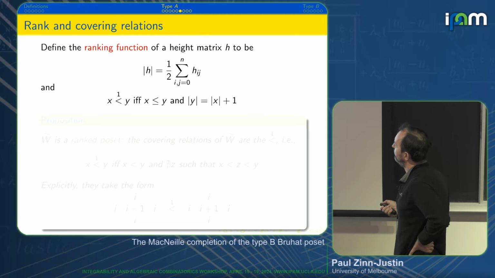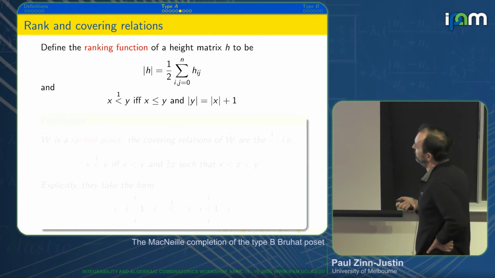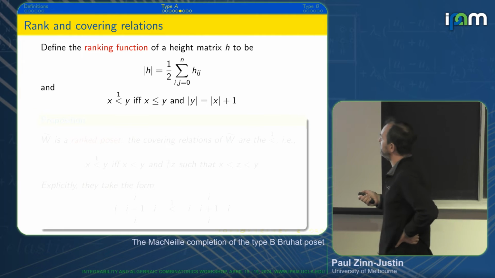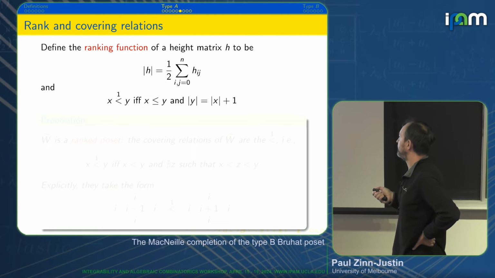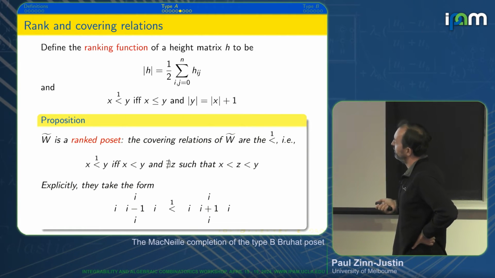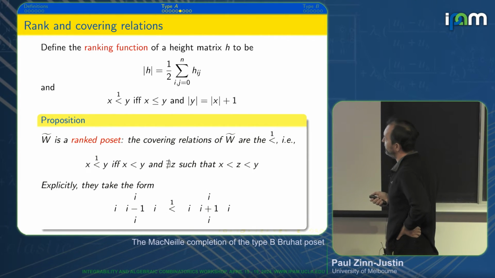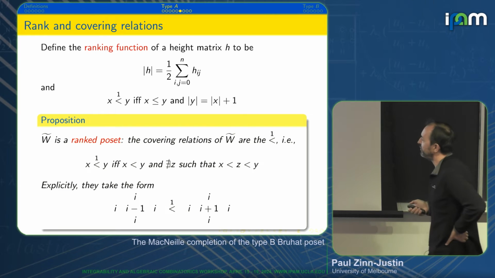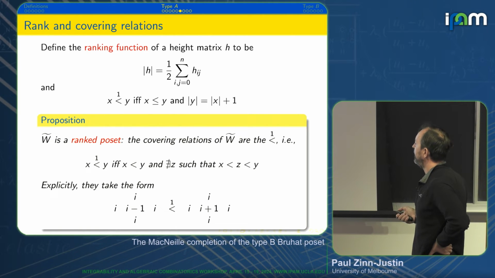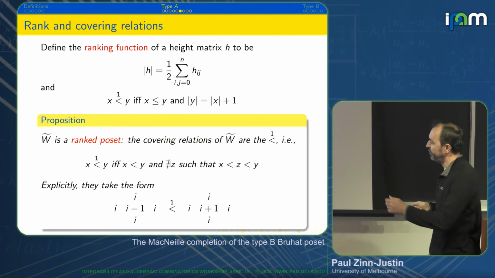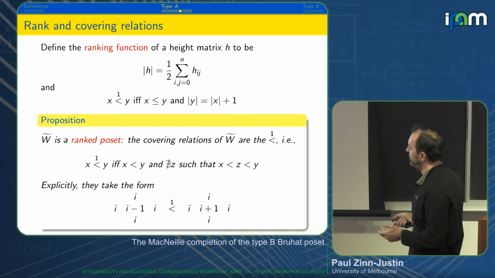And then let me say that x, well, a covering relation is exactly an inequality with the fact that y is x plus 1. So that's the proposition basically. These are the covering relations because it's a rank poset, in other words, and very explicitly, the covering relations are exactly what I said earlier. You basically take a local